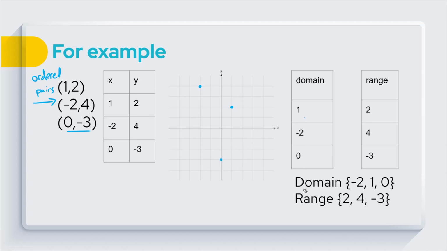If we were going to map out these domains and ranges, 1 is mapped to 2, negative 2 is mapped to 4, and 0 is mapped to negative 3. So you see these domain values are the x values, and the range values are right here, and they're the y. So that's the coordinate plane, which is